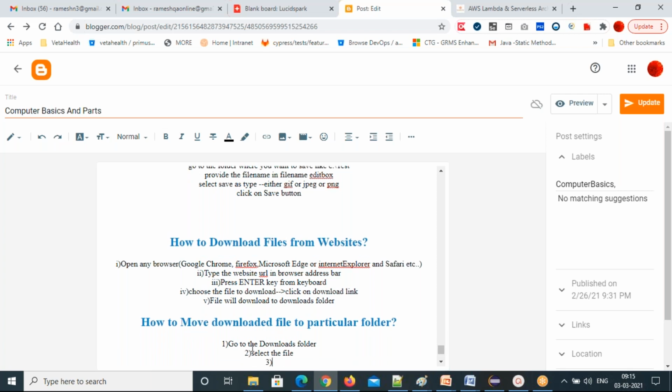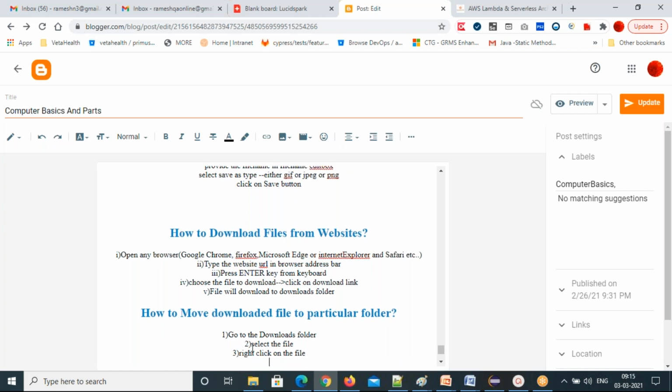Then right click on the file. Fourth option, choose the cut option.